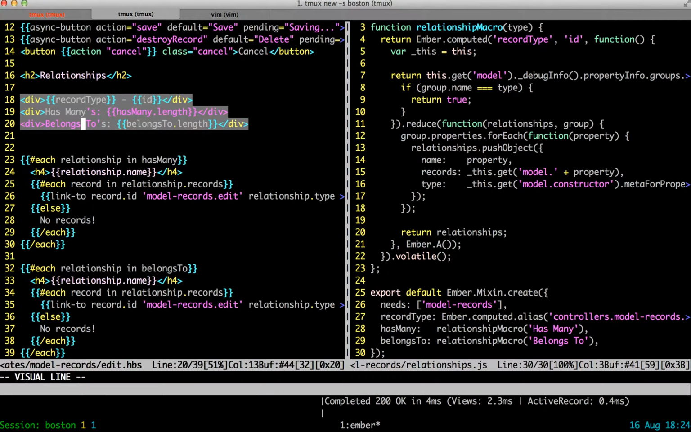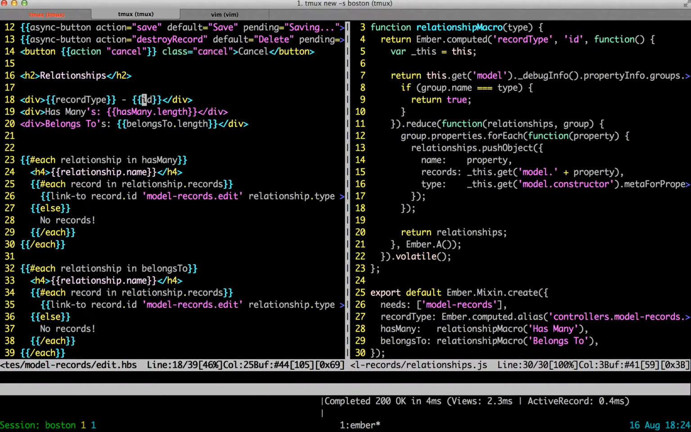Up here we have some metadata for debugging, and we have the record type property and the ID. We are also using the record type property and the ID in the computed property for telling which properties it should observe for recomputing. The ID property, of course, is proxied to model.id, and the record type property is an alias down here